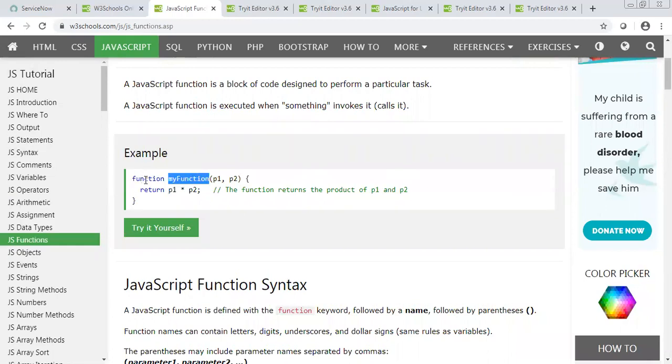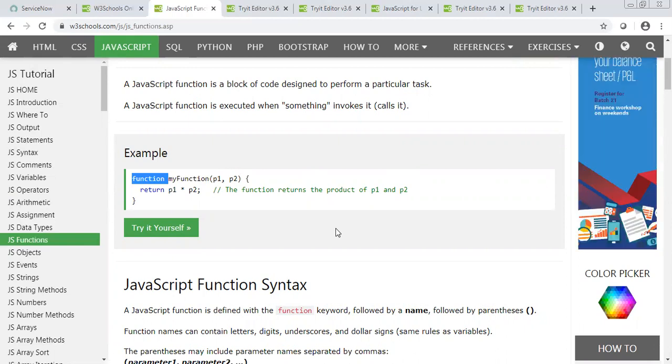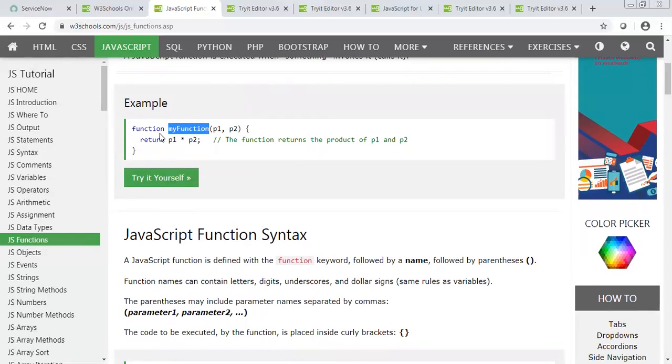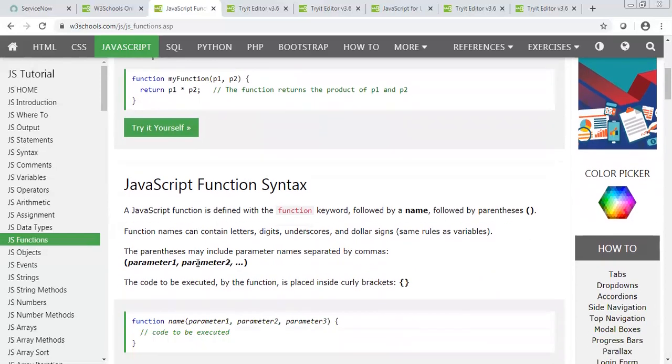Let's say we want to define a function which will do the addition, another which will do the multiplication. So we can create a function for addition, then one function for subtraction. This is how you define it. Function is the fixed syntax, and then the name of the function, and then small brackets with any parameter which you want to pass in your function.